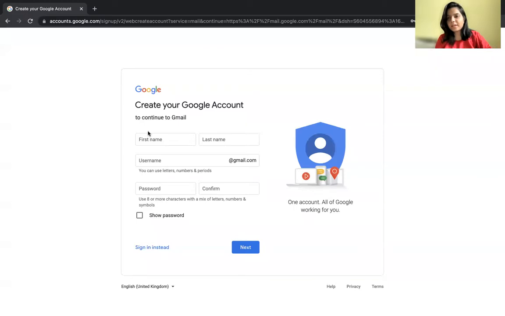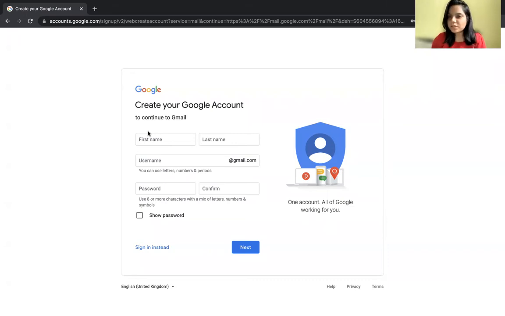Let's understand it via an example too. All right, let me explain this via an example. Let me share my screen. Just hold on. So yes, here we are. This is the sign-in page of Google Gmail itself, and here we can see some fields like first name, last name, username, password, and confirmation. As I told you, as a tester we need to write both of the test cases, the positive ones as well as the negative ones. So first we will start with the positive cases.